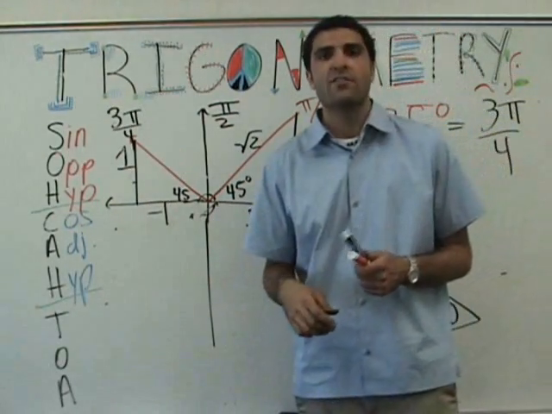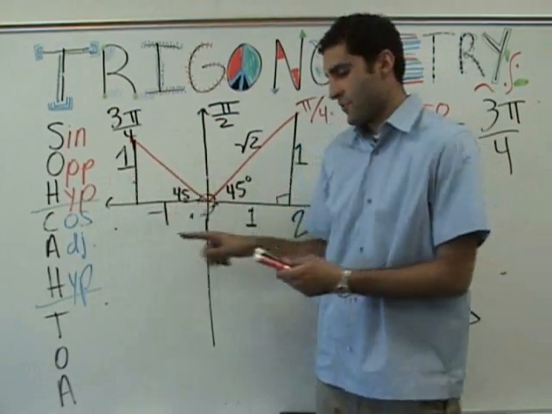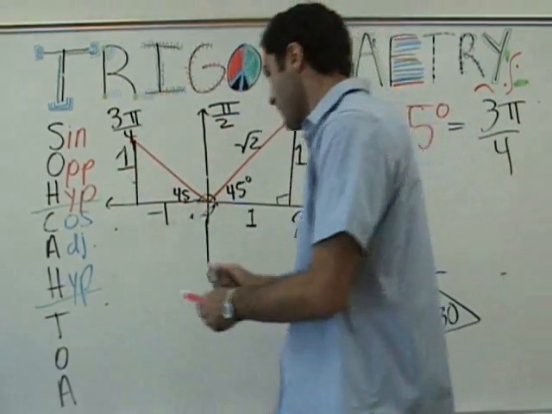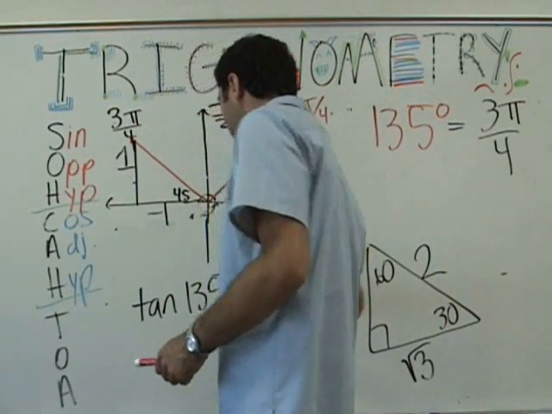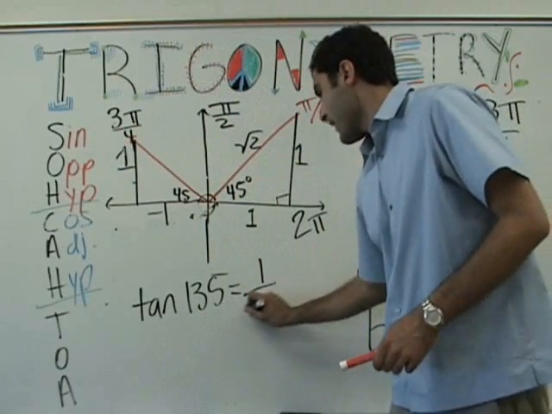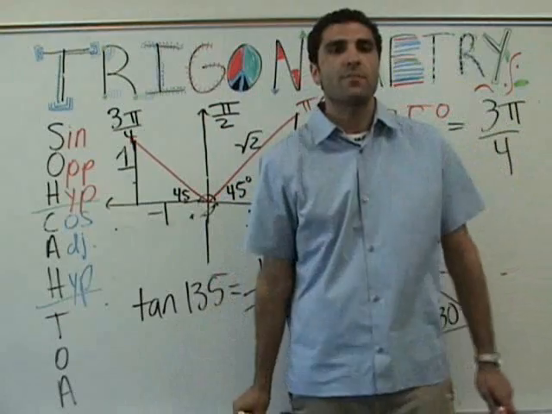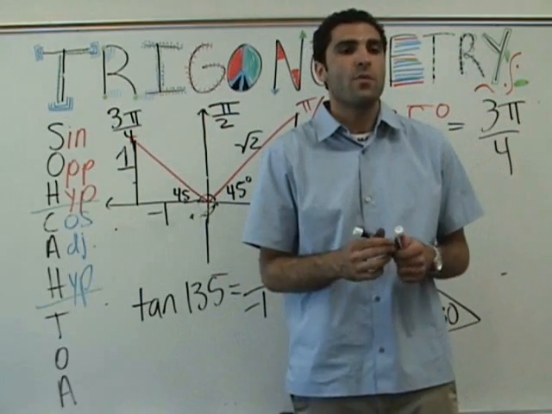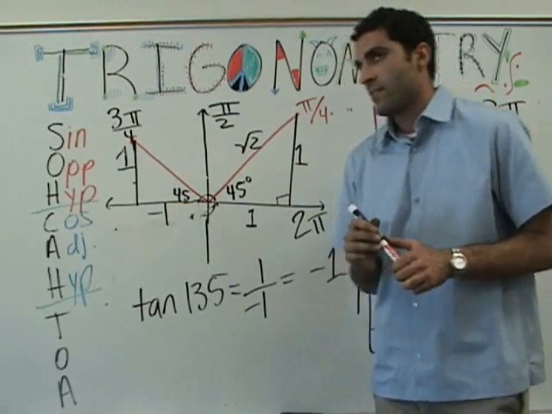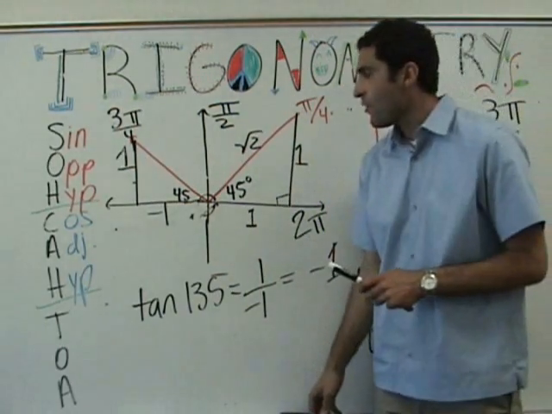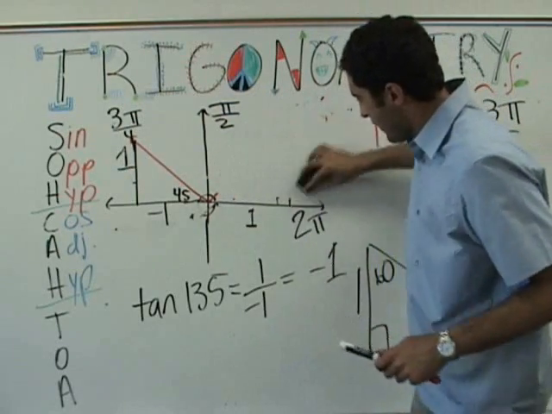Negative 1, correct. Because tangent of this angle is opposite over adjacent. Tangent of 135 equals 1 over negative 1 equals negative 1. And feel free to plug that in the calculator. Tangent 135, and you'll get negative 1. Okay, and now the last thing we'll do on this front,